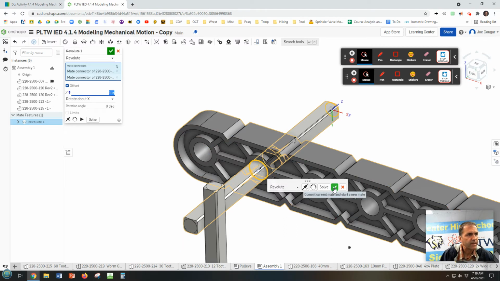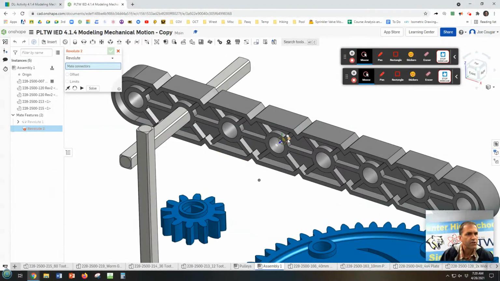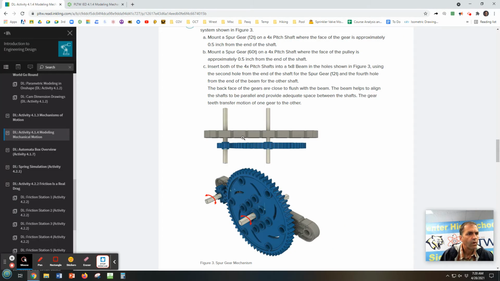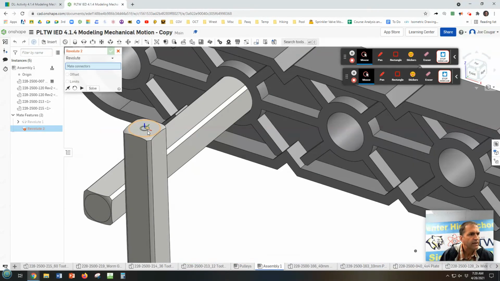If I click this one, it'll leave that revolute open for me to do the next one. Click, and I can do the next revolute, which I believe is 3 over. 1, 2, 3. Let's make sure that's 1, 2, 3. Good. So we're going to put it in here. So connect this other axle there